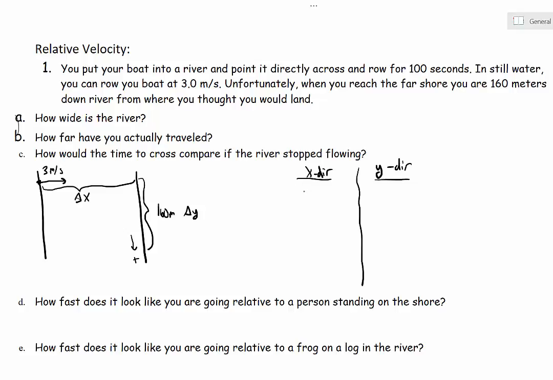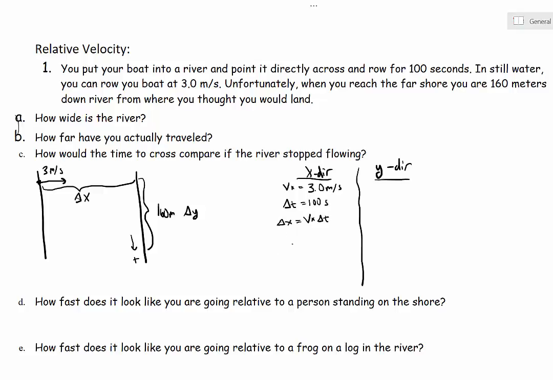So in the x direction, I'm going to be rowing my boat as fast as I can, and that's going to be 3.0 meters per second in the x direction. It looks like I'm rowing for 100 seconds, so our change in time would be 100 seconds. And I want to know how far across the river it was. That 3 meters per second is going to be constant for this boat going across. So to find that delta x, I can use